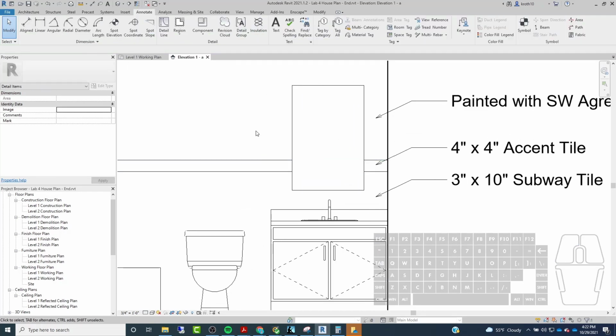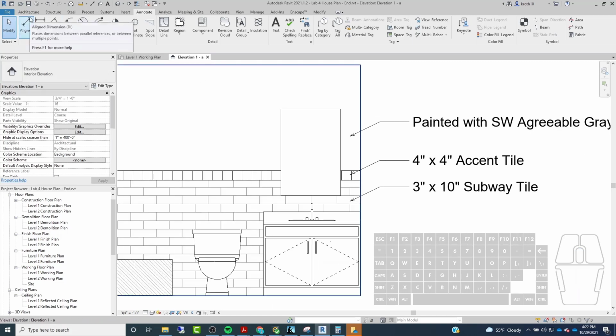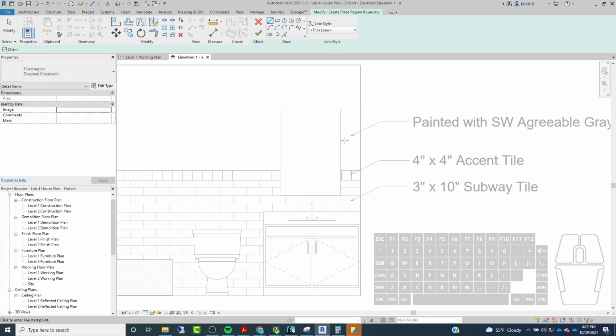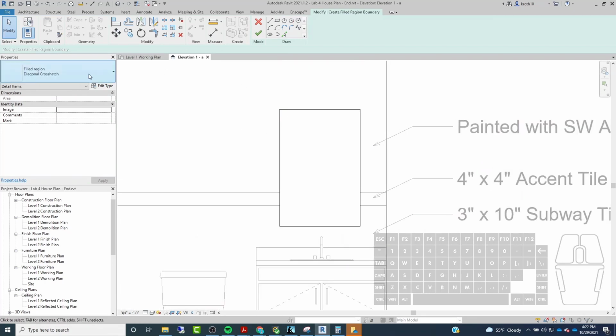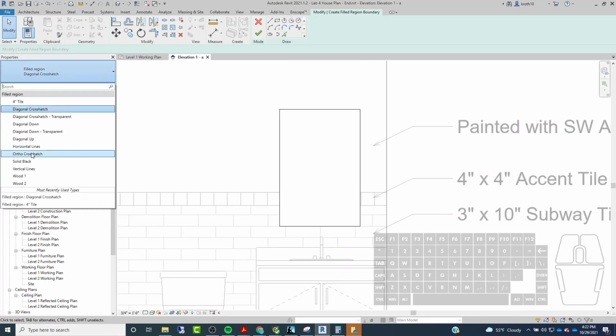All right, so now I have a masking region in front of that, and now that I've drawn that, I can put a filled region over top of it. And I can set that to be a